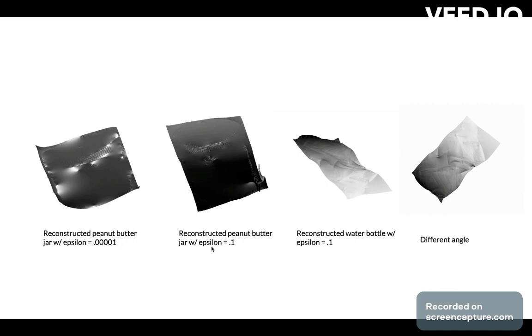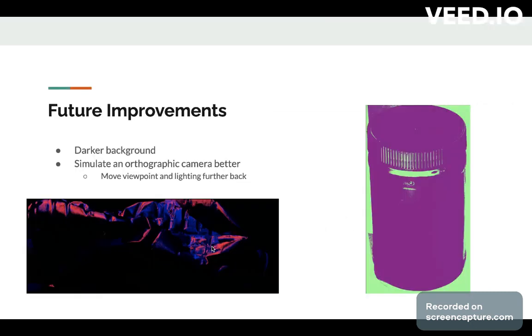We also played around with the epsilon values in order to get a smoother surface. The epsilon is what we added to z when we were calculating the normals for integration, such that we weren't dividing by 0. And some future improvements that could be made to this project are using a darker background,